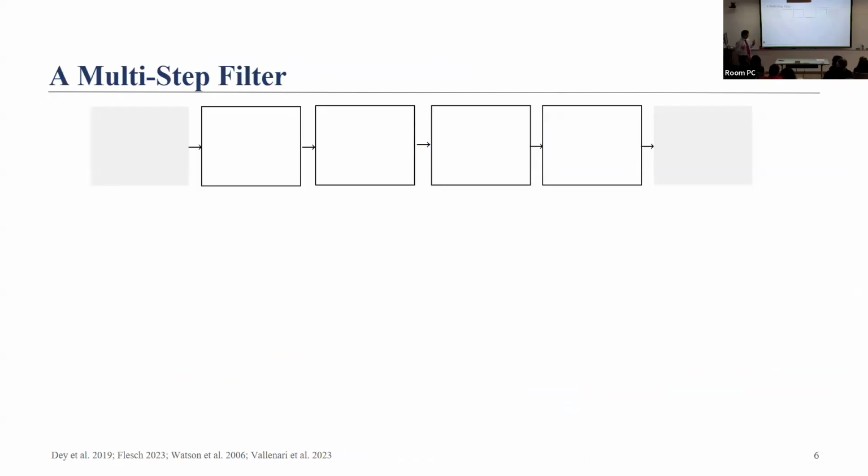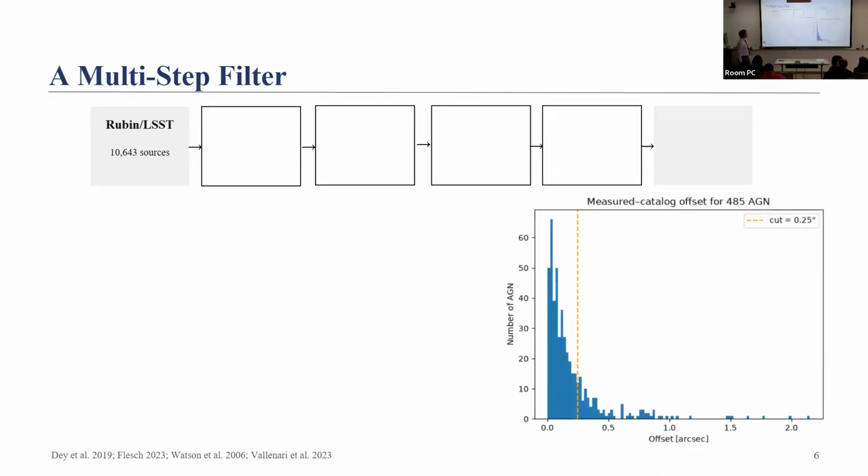So what we did in our summer research project is that we built a multi-step filter. First, we have around 11,000 sources from Rubin that were detected until June 15, 2026. Then we looked at all the AGN that we have. Remember, I told you that AGN and TDEs happen at the center of the galaxies. So we look at something called host offset. What is an offset? It's an angular separation between the center of the galaxy and the source. So we wanted to look for something that is nuclear, at or near the center of the galaxy.